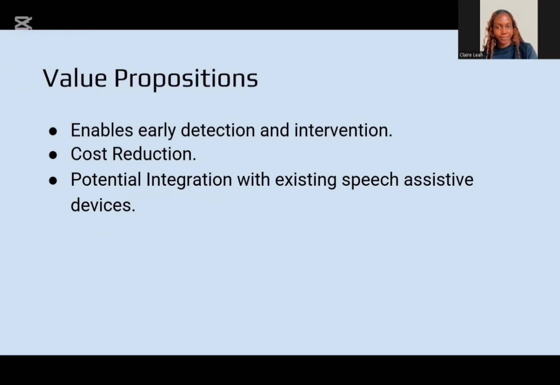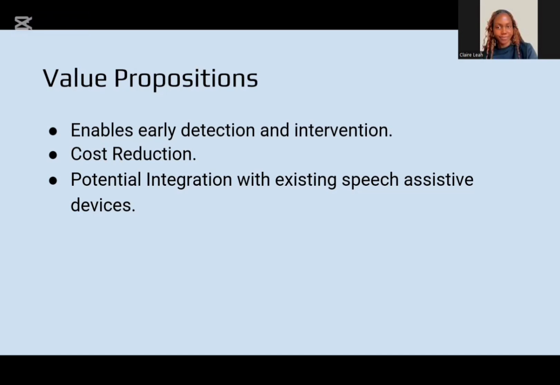And the value proposition: our tool enables early detection and intervention, like early detection of the voice disorder. It also enables cost reduction, since it reduces the payment made to the clinician every time.